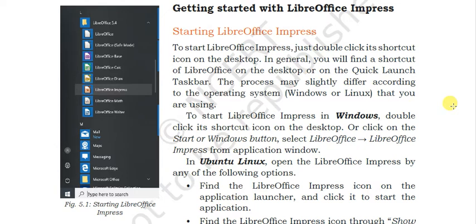You can have it through the shortcut created on the desktop or you can go through the start menu. So double clicking on the shortcut or just one click on this start menu item, you can start the LibreOffice and then you will go to LibreOffice Impress.